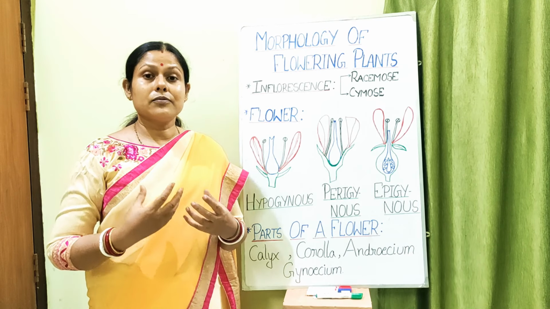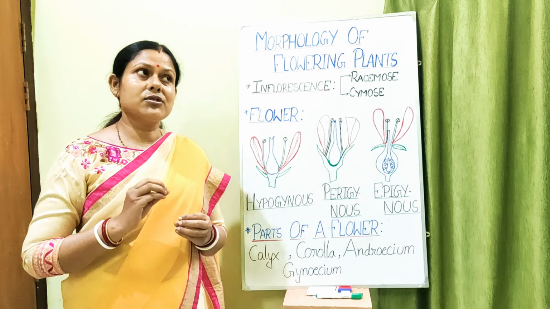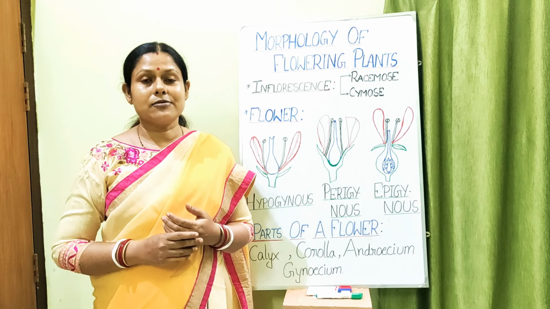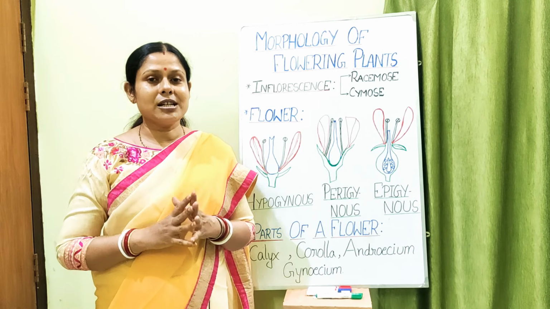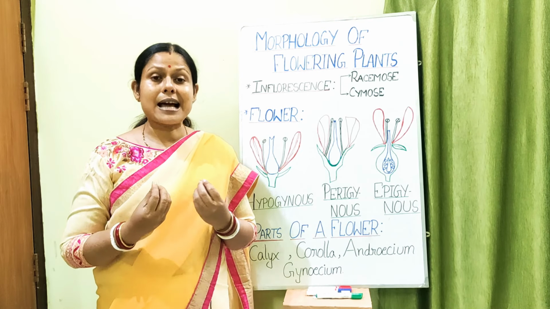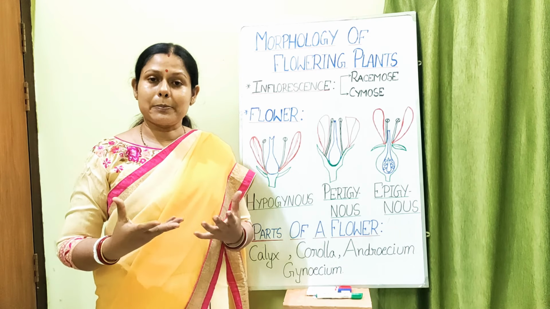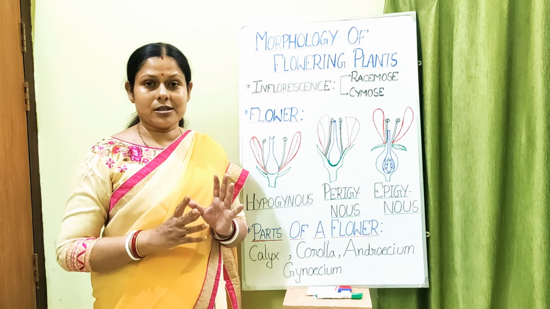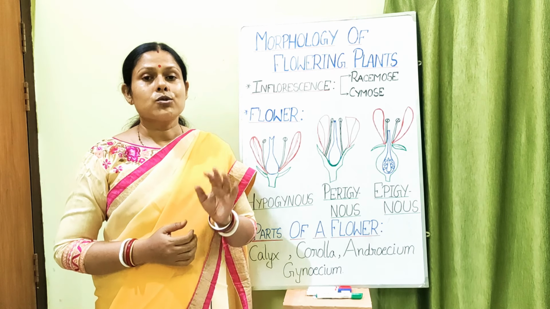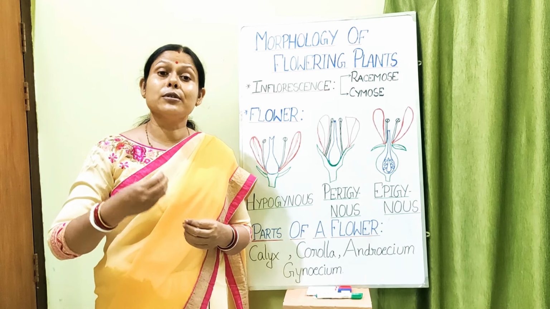Similarly, when the vegetative shoot transforms itself into a floral bud instead of a vegetative bud, then flowering initiates in that shoot. The leaves, or rather the lateral appendages, transform themselves into the floral appendages, and that arrangement in the axis of the plant is known as inflorescence. So in simple words, inflorescence means arrangement of flowers on a floral axis.